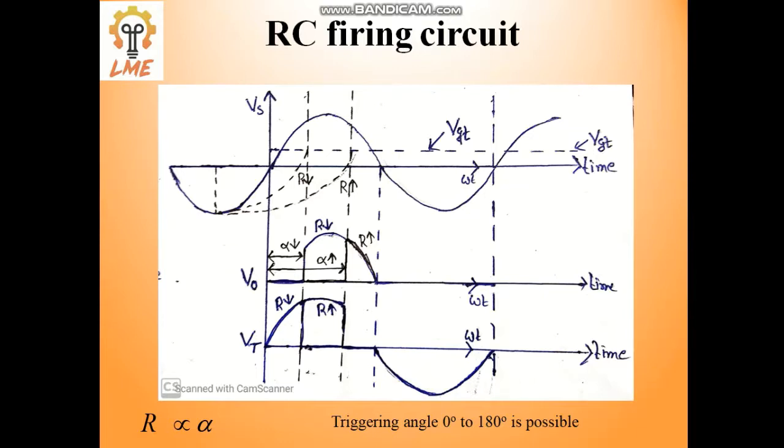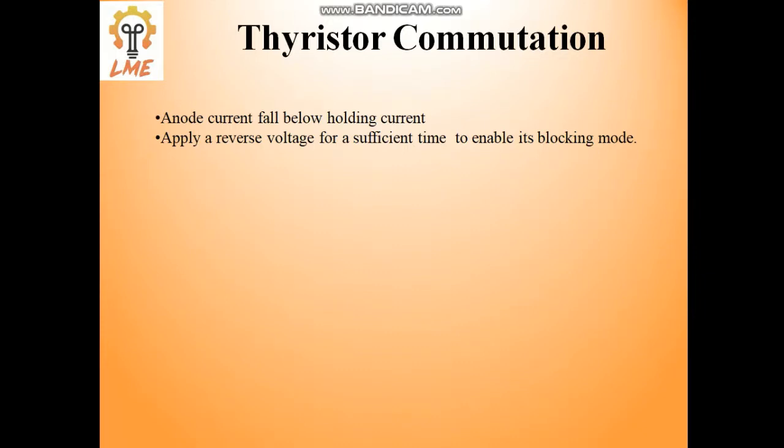Okay, so let's go to thyristor commutation. Thyristor commutation means what? In the previous process we saw how we can trigger an SCR, meaning the thyristor will be on. Once the thyristor turns on by applying a gate signal, when the gate signal is removed, the SCR does not go back to the off state. So to turn off the SCR, we have to know a few things. Two things we have.